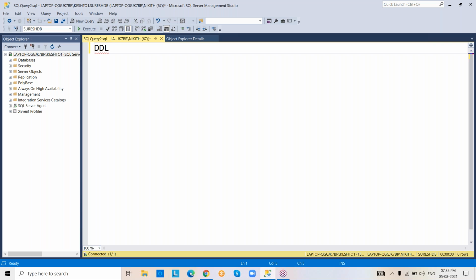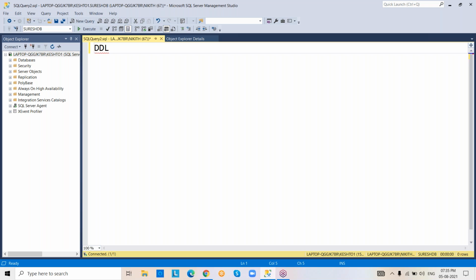Actually, what I said, we can store data only in the form of tables. There is no other facility, only table creation. Of course, the views concept is there, but that is a different scenario.